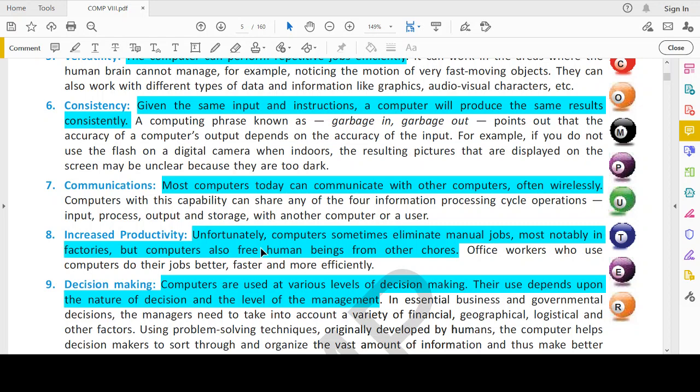It increases our productivity. So doing a long addition is not done by a human being easily. So when we do it using a computer, when we take the help of a computer, we can do it easily. Thereby, we can do many such additions in a short time. That is increasing our productivity.